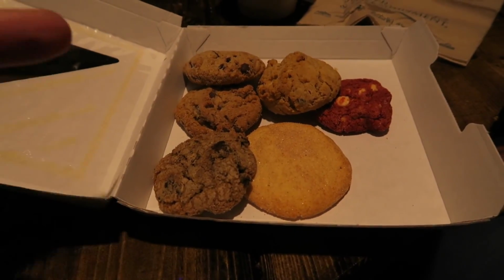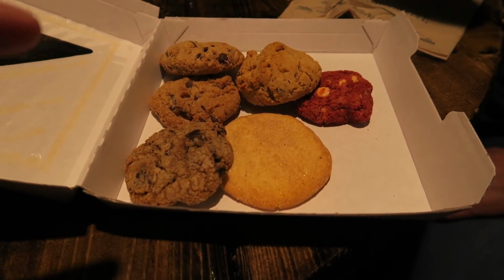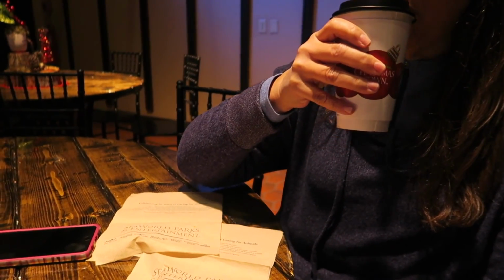We got some cookies, we got some chocolate chip, we got some red velvet, snickerdoodle, oatmeal raisin, we got marshmallows in our hot chocolate. We've met Santa. I've eaten all the cookies. And so what we're going to do now is I think we're going to head over to Nacht Tower because